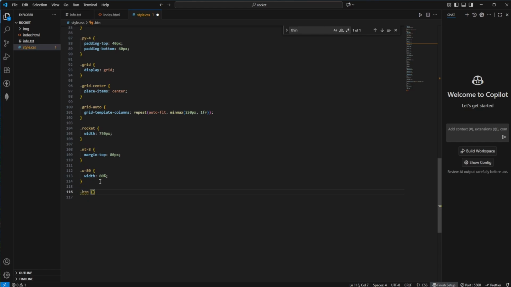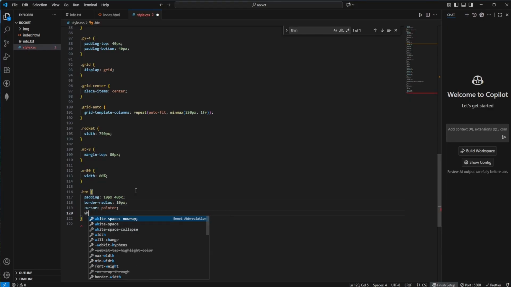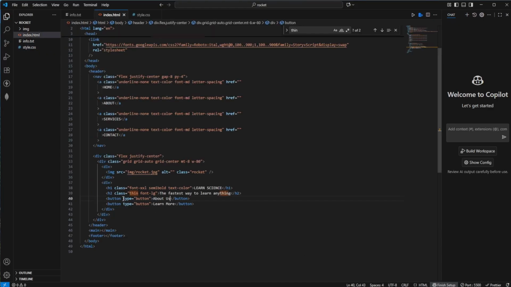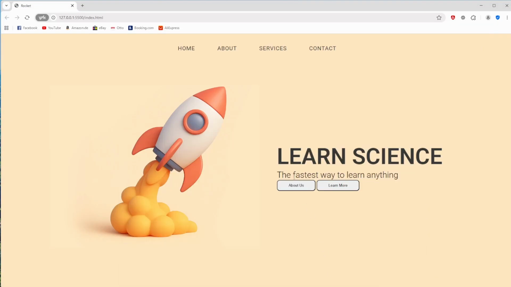So first of all, we're going to create the general button style for a button, and we are going to say that a button has a padding of 10 pixels top bottom and maybe 40 pixels left right. And a button has a border radius of maybe 10 pixels, a cursor of pointer, and a white-space of nowrap. Now we can use this button class and give our button class, or both of our button classes, this class .button. And now we basically have those basic button styles, still looking terrible,